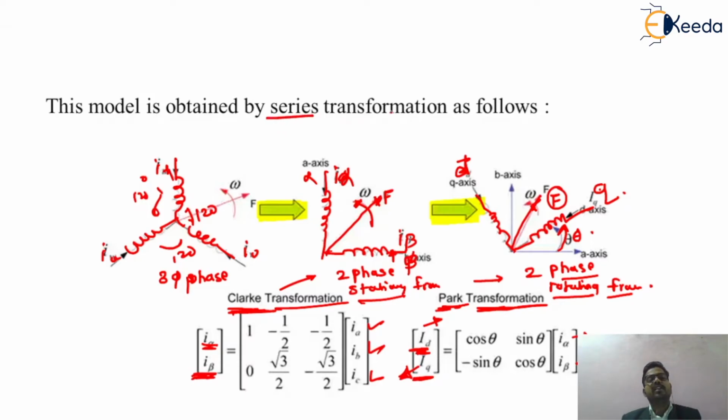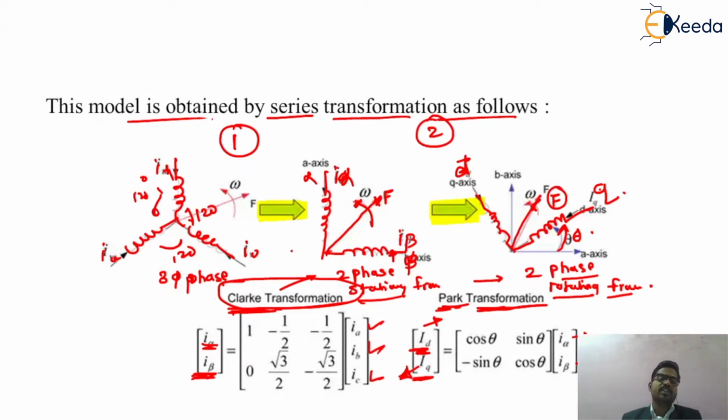So this is a very important term which is called series transformation. So what do we mean by series transformation? The first transformation is three-phase into two-phase by means of the Clarke transformation, and from the Clarke transformation to the Park transformation, that is, the two-phase stationary frame into a two-phase rotating frame. This is the series transformation which will be useful for the direct and quadrature axis model, or DQ model,